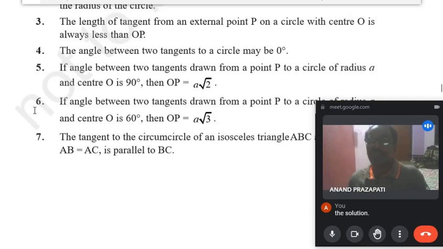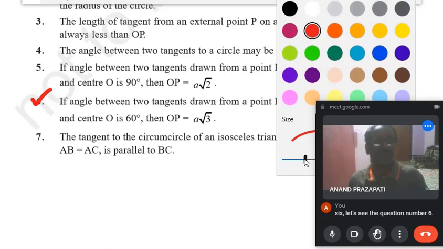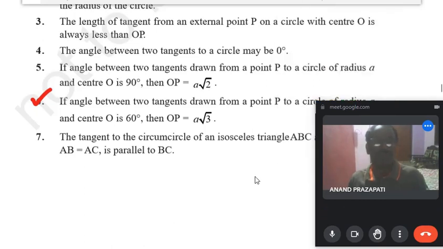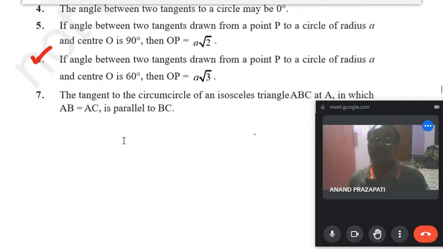So here is question number 6. Let's see question number 6. If the angle between two tangents drawn from a point P to a circle of radius A and center O